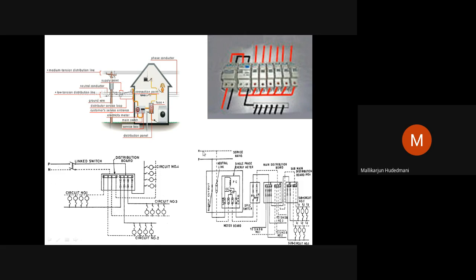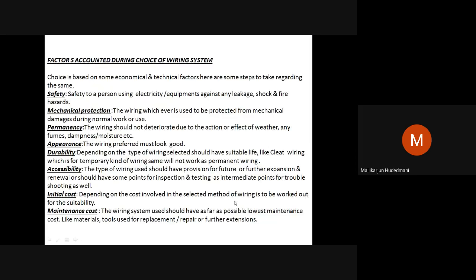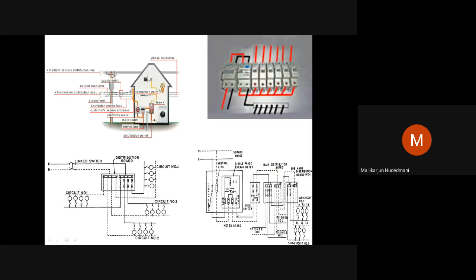Let's just focus on neutral and phase. Two lines are taken and they come and land on the meter. This is a representation of an energy meter. This energy meter is the one which records the consumption of power by the domestic premises. So the first contact of the distribution company lands on the meter box only. Once the meter acknowledges, the outlet of this meter goes to the distribution, where it needs to be branched into several circuits.